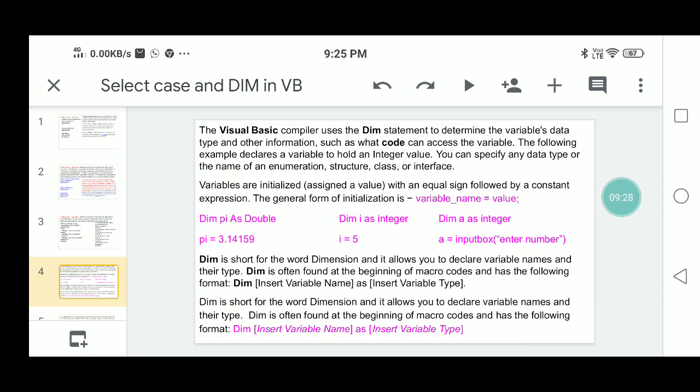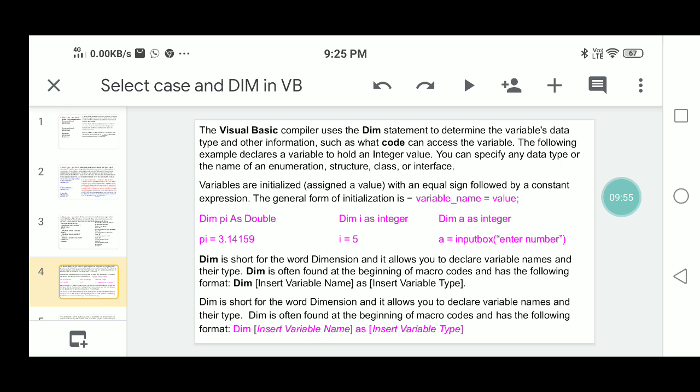Dim is often found at the beginning of macro codes and has the following format: dim insert variable name as insert variable type. For example, dim j as integer. So dim is the short form for dimension.